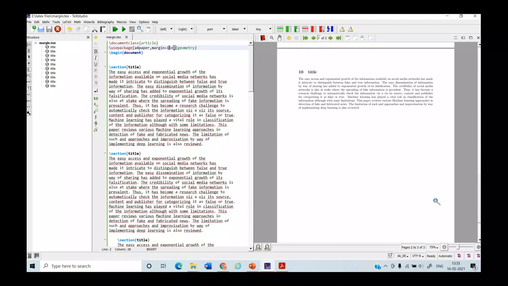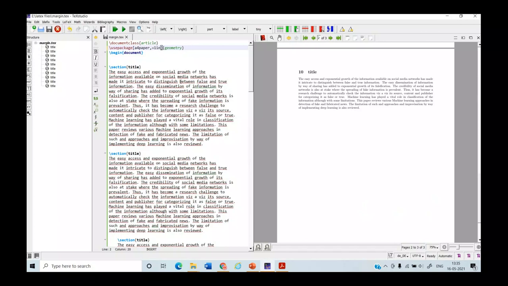So now if you want different margins, like here I'm just using the same margin for all sides. But if you want top and bottom to have the same margin and left and right to have the same margin, for that you have to write in a detailed manner.